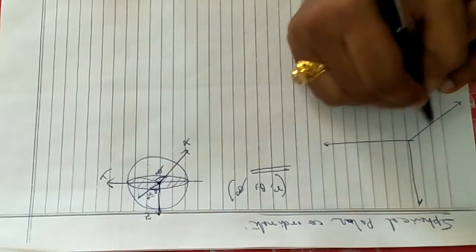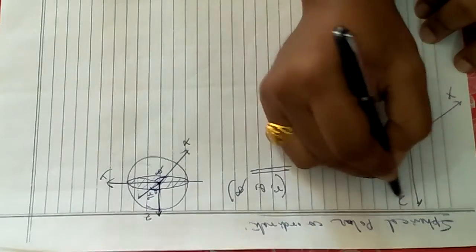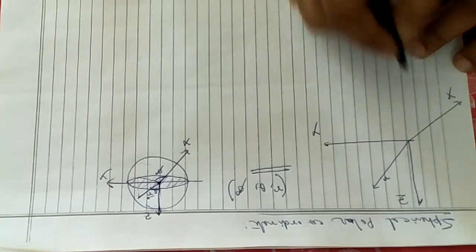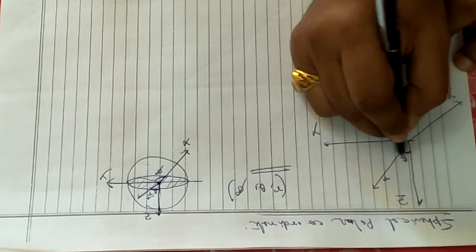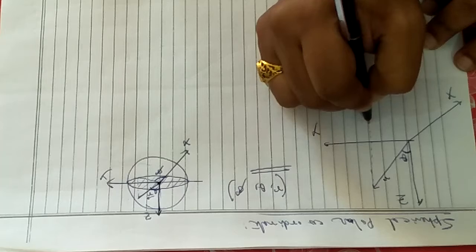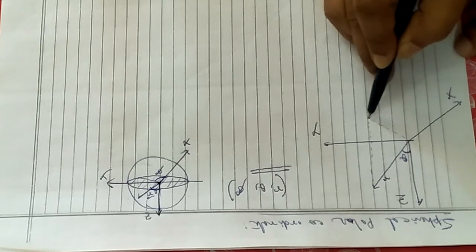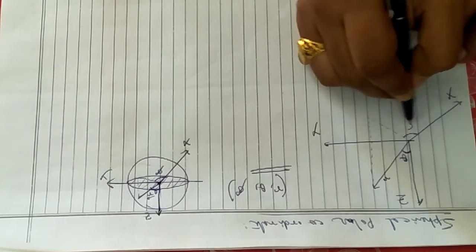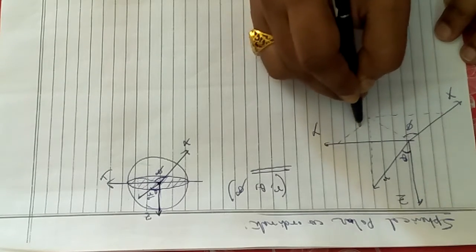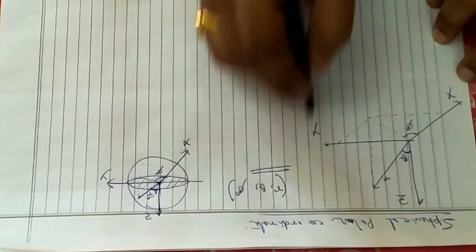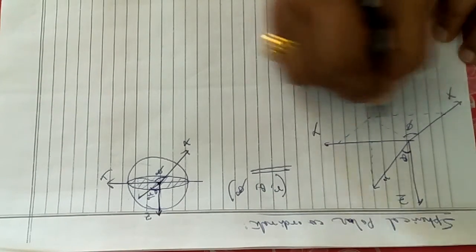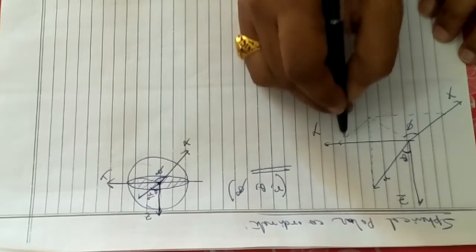Now if I magnify this figure, this will be my x, y and z coordinates, and I have a vector r like that. This is the radial vector which is making an angle theta with the z axis. And on the xy plane, suppose this is the projection of r on the xy plane, this is making an angle phi with the x axis. So in this concept, you now have to resolve r, theta, phi in terms of xyz. That is also very simple. Only the conversion will take a little time.